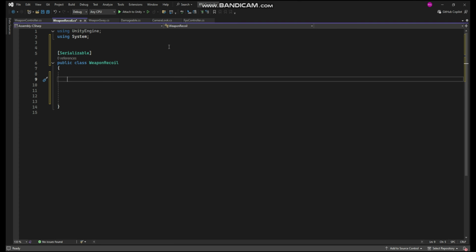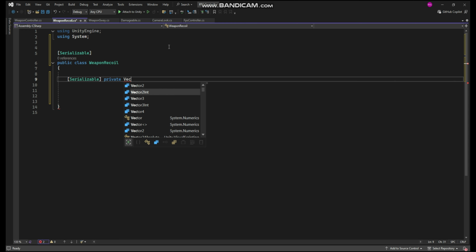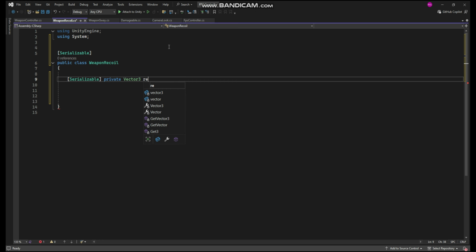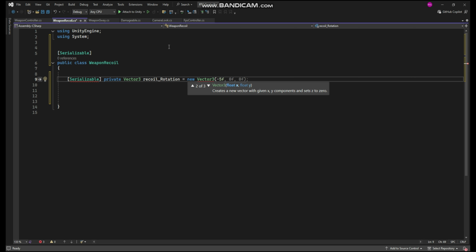Now, the very first thing we need is a recoil rotation value for this. Let's add private Vector3 recoilRotation, and it equals new Vector3, and the x value will be -5, y will be 2, and z will be 0. I guess instead of SerializeField, I added Serializable. Let's fix this quickly. Now, let's understand why we need this.